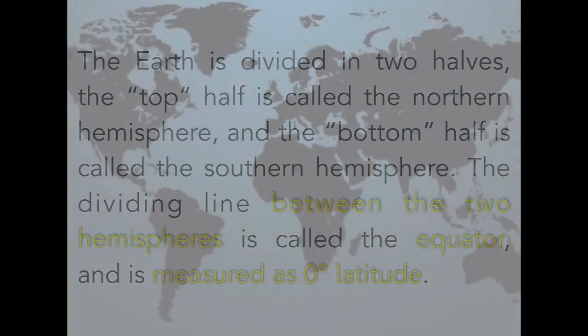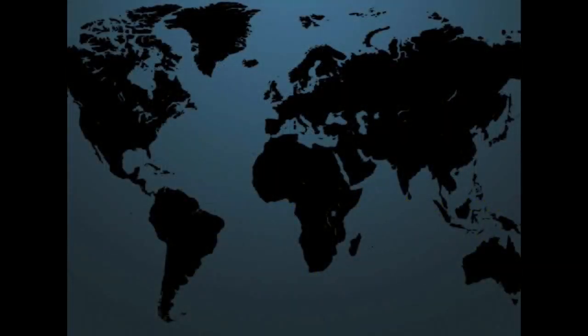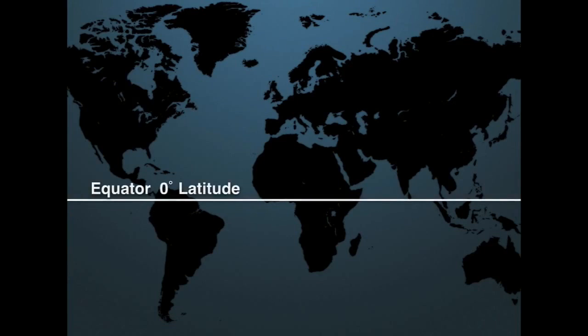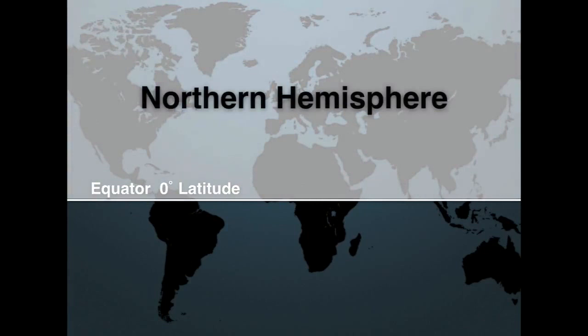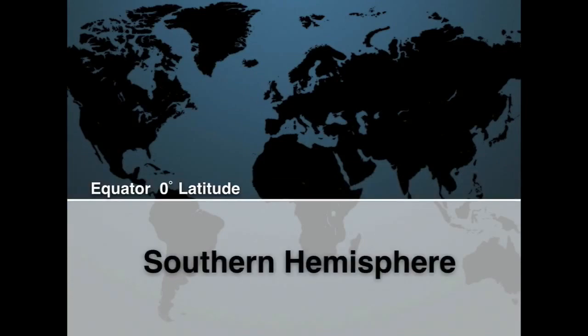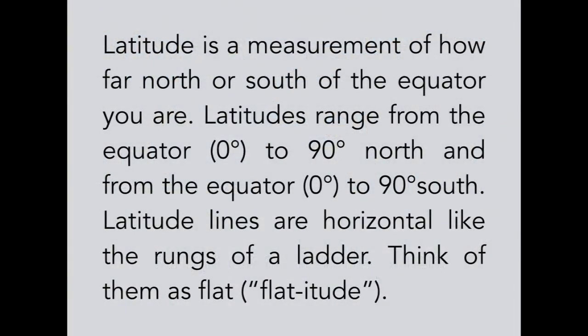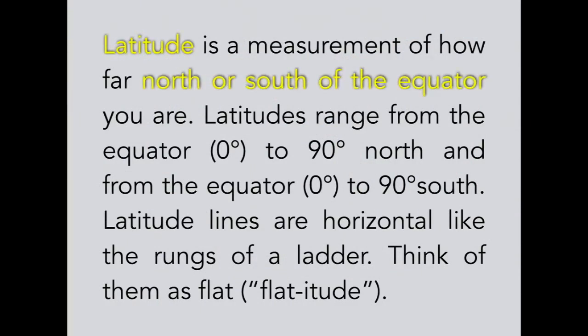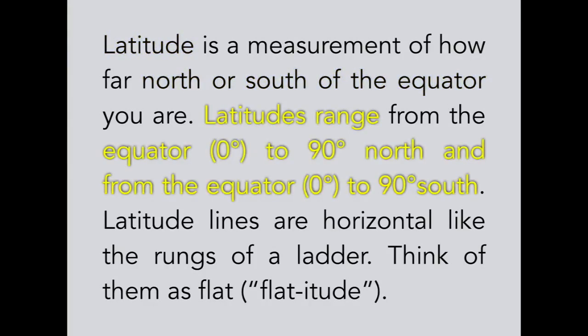Let's apply that to a map. Here's a map of the world, and here's our equator. Our northern hemisphere sits on the top of the equator, and our southern hemisphere sits below the equator. Latitude is a measurement of how far north or south of the equator you are. Latitudes range from the equator, which is 0 degrees, to 90 degrees north, and from the equator to 90 degrees